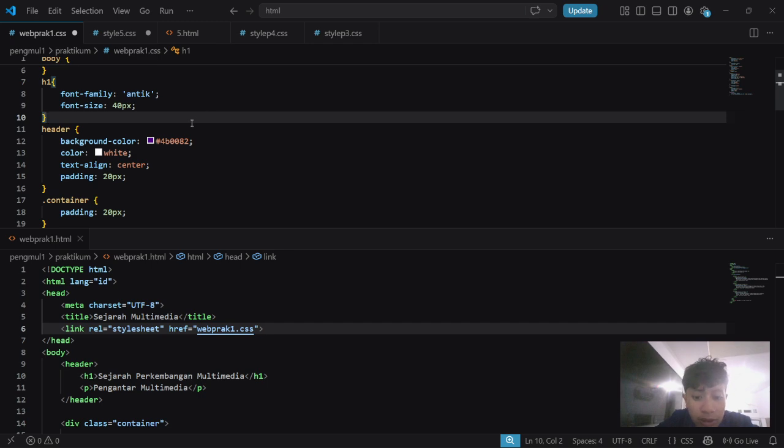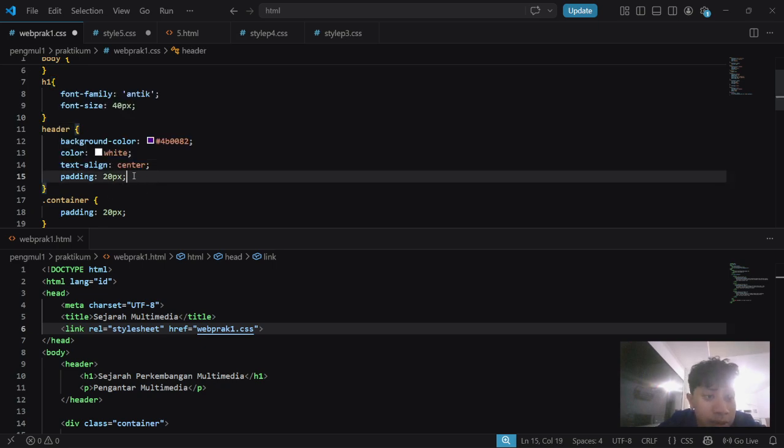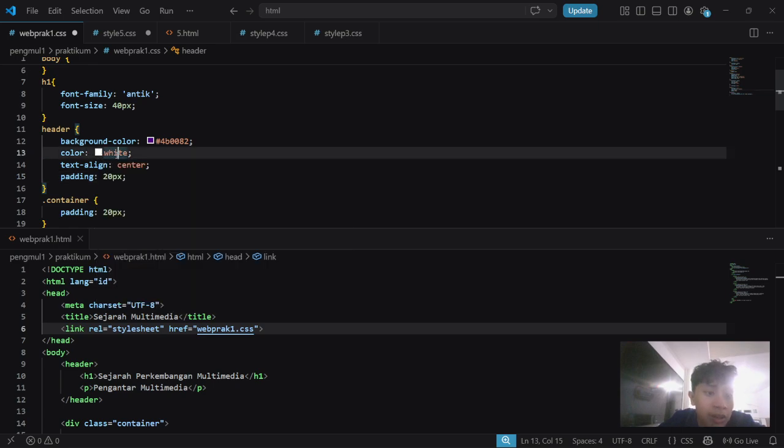Okay, moving on to the header. Here I give the background color purple, center the text, and add padding inside the header of around 20 pixels, and then the color white.